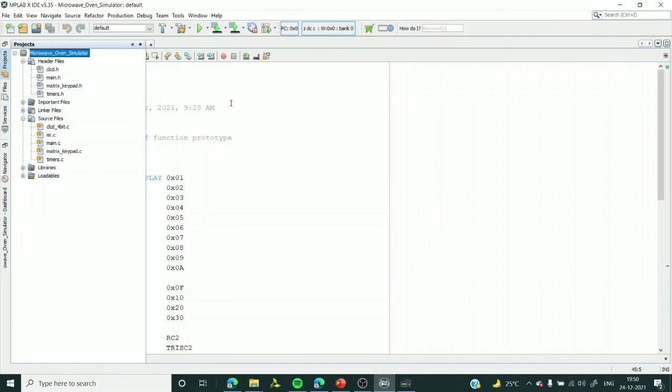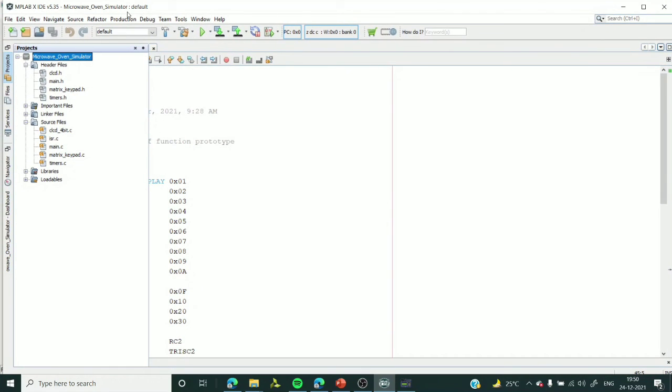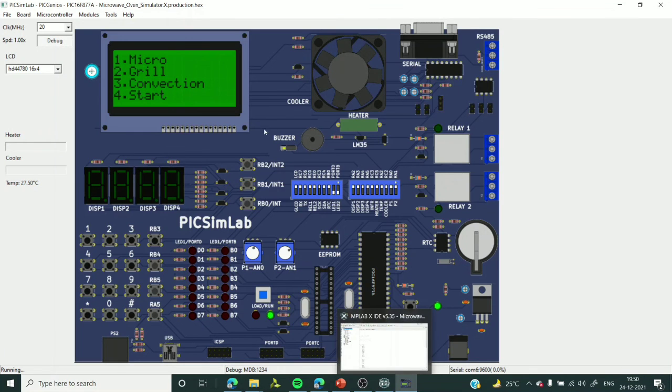And for coding purposes, as I told earlier, we made use of MPLAB X IDE, which is provided by Microchip. Here we can see we have different header files provided for CLCD, main, matrix, and timer. Then we have a source file where our code is present. One thing I didn't mention here is that for the CLCD, we have two modes: a 4-bit mode and an 8-bit mode.